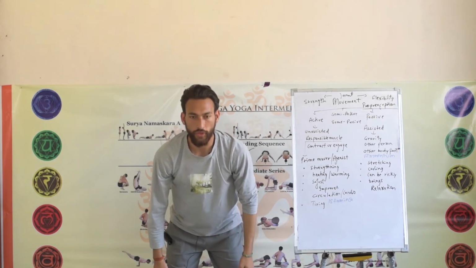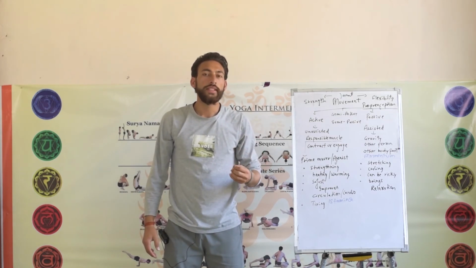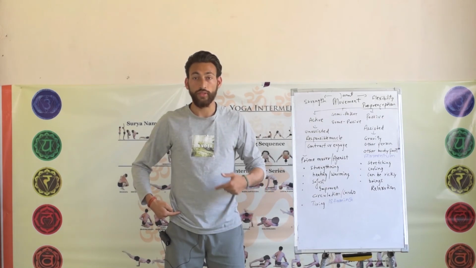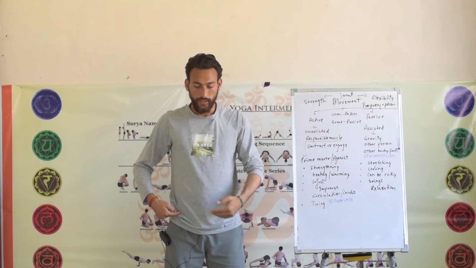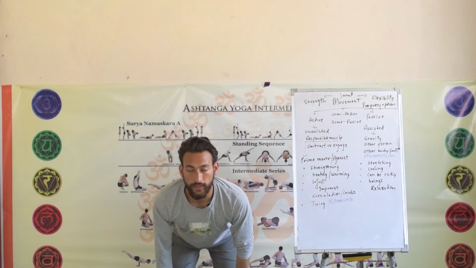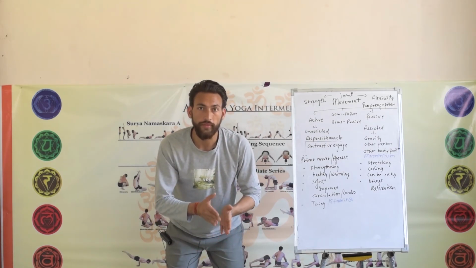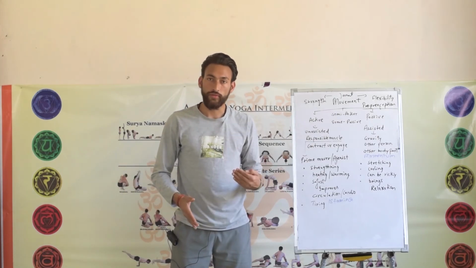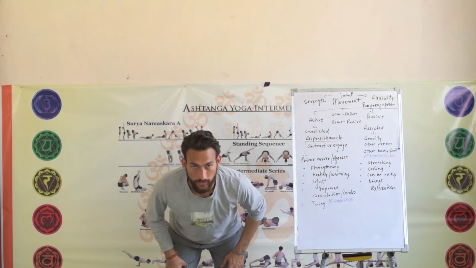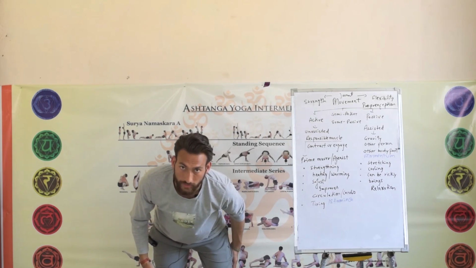Now you may say that this posture is active because I have lifted my chest up against gravity, but you also have to consider that in this posture, it is not just your spine which has moved, but your hip is also involved in this movement. So let's say I have bent forward from my hip and then I have lifted my chest. In this posture, this is active and passive both, but when it comes to movement, we have to consider different joints which are involved. For an example, the hip in this movement is passive because gravity has made me bend forward. That is why I feel stretch in the back of the legs.